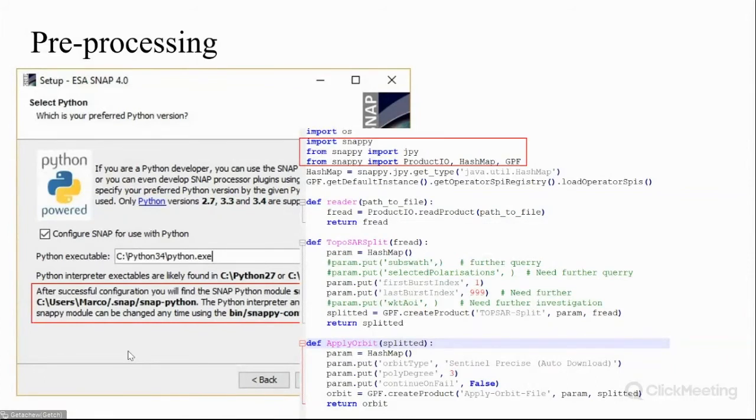As you can see from here, the only thing is you import the Snappy Pi package, and the rest is very easy and straightforward, and you can use built-in functions like any Python package. After I go through all the pre-processing steps, I come up with this kind of radar image, which is one temporal slice, one time of the image.